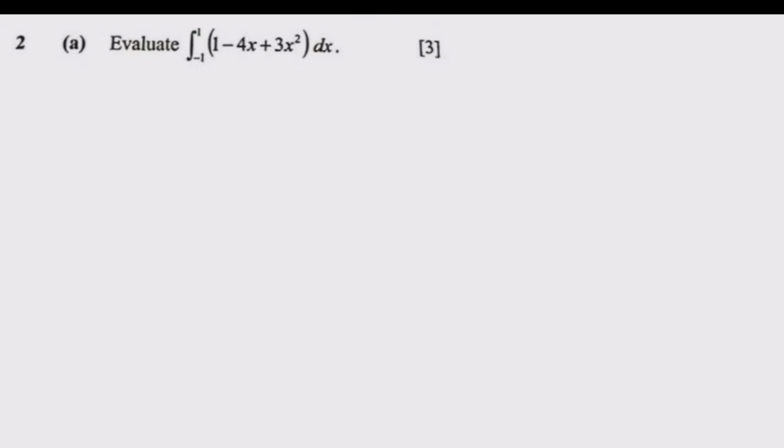So today we are looking at question 2A from the 2021 Mathematics paper 2. And the question reads, evaluate the integral of 1 minus 4x plus 3x squared with respect to x over the interval -1 to +1. So now what we know is this expression can be written as basically integral